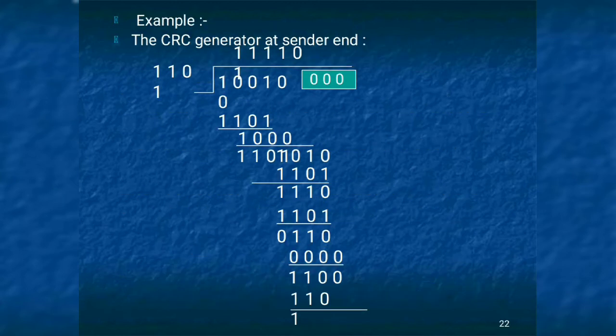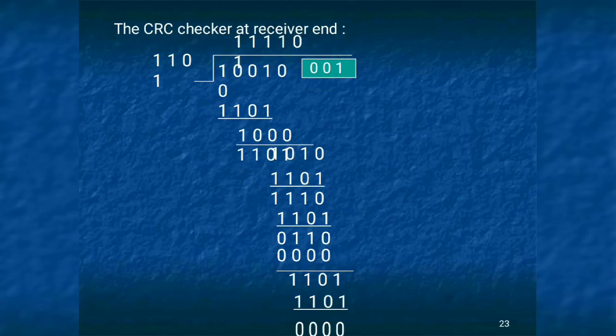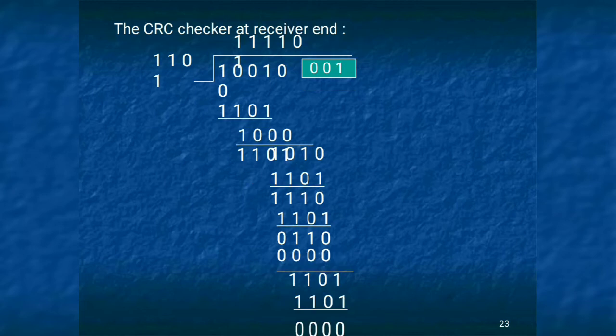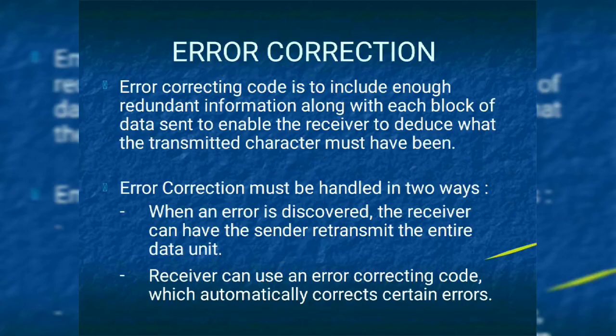If a similar concept applies, you will not get an error. See here, 1 1, you get 0 0 0. See this one here: you get 0 0 0 1, and here you get 0 0 0. So the remainders are not similar, which means an error is received.